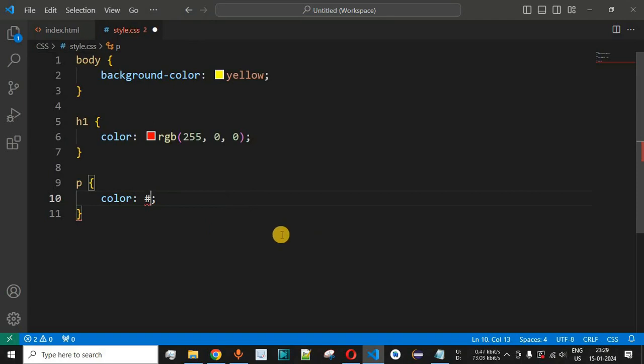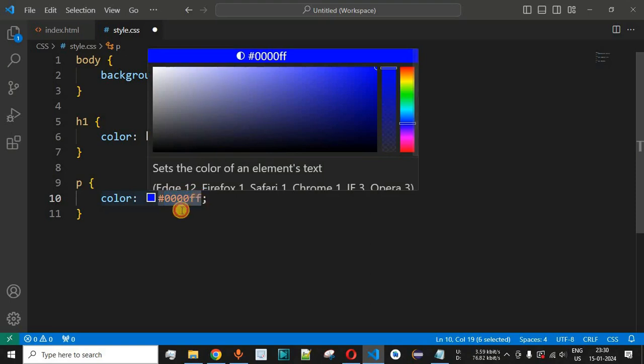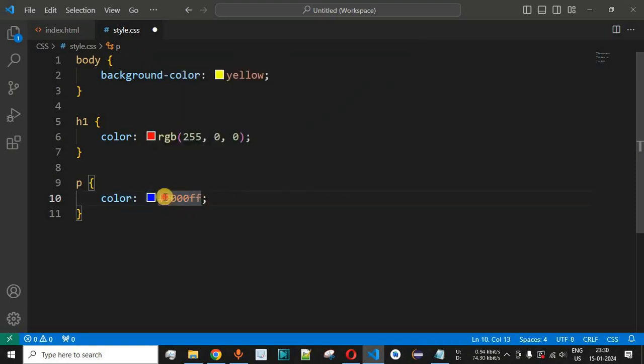So the red component should be 0, so this time we will provide 00, and then we have the green component which should be again 0, so 2 times 0. So guys, total 4 times 0, and then followed by 2 times F, because we want 100% of the blue color over here, and that is why we have provided FF characters in the end. So guys, total 6 characters will be there. 2 characters from each, that is red, green and blue, will be used to represent a particular color.